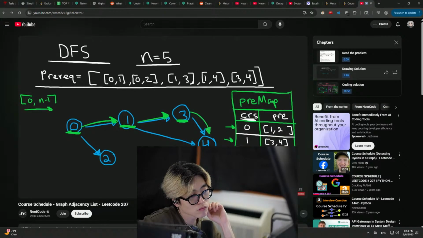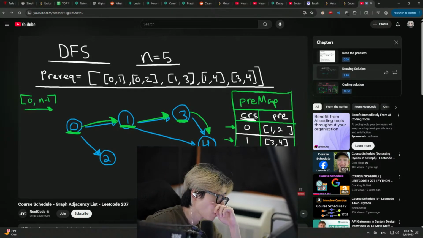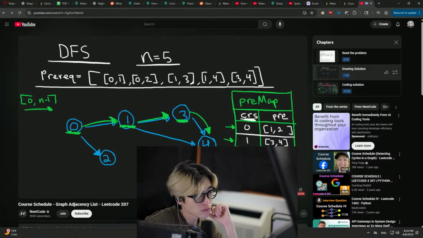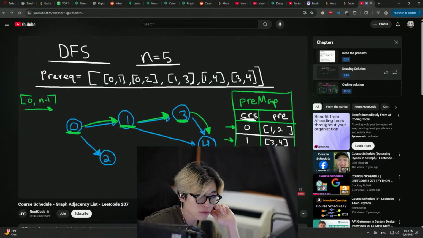Can we complete course 4? And then we want to look at the prerequisites of course 4, which we know are empty. This is good, right? So now we see that this is empty. So what does that tell us? That tells us course 4 can be completed, which we basically already knew because course 4 has an empty prerequisite list. So I'm just going to put a little check mark here to say that we know course 4